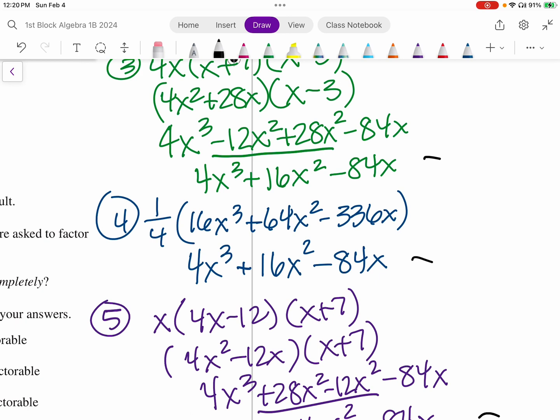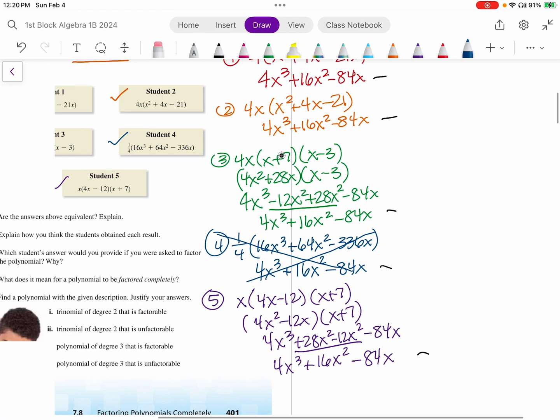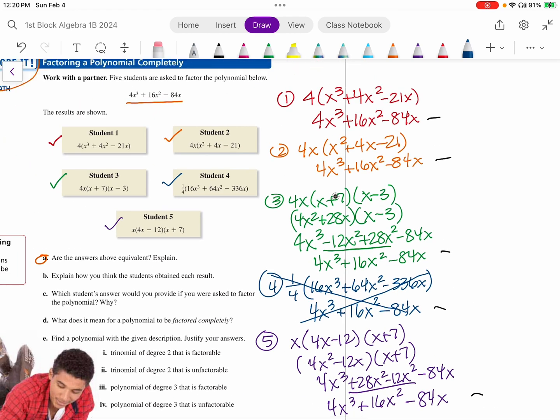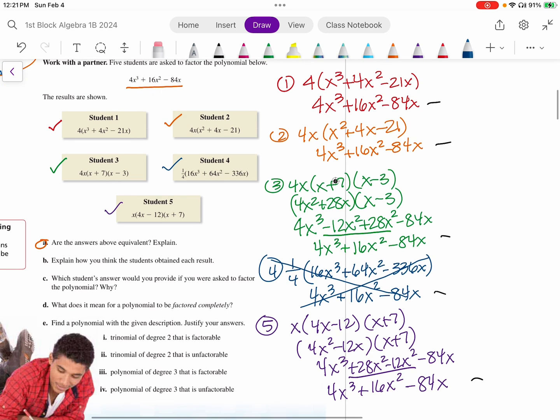So what student 4 did, I don't think any of us would attempt that. We don't factor out a fraction, we factor out a whole number unless what we're starting with is all fractions. All right, so taking student 4 out of this, looking at students 1, 2, 3, and 5,